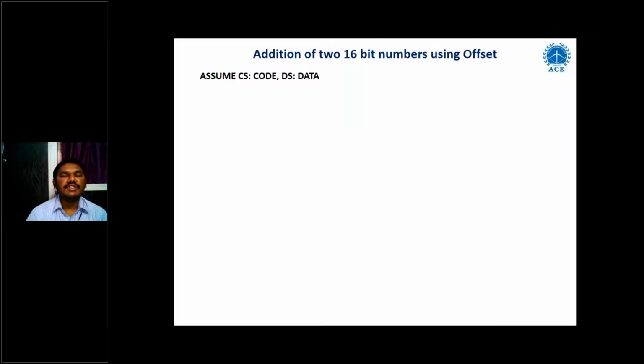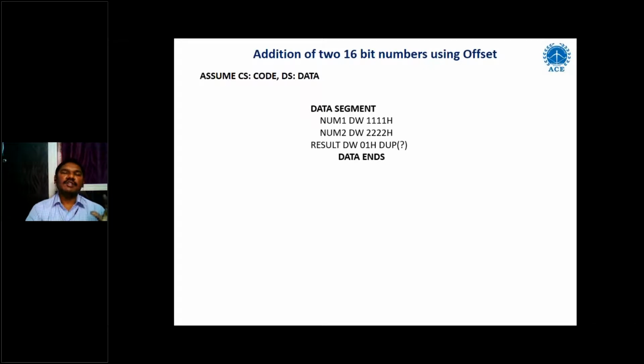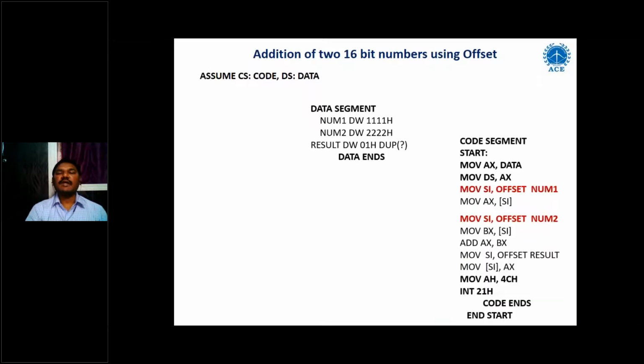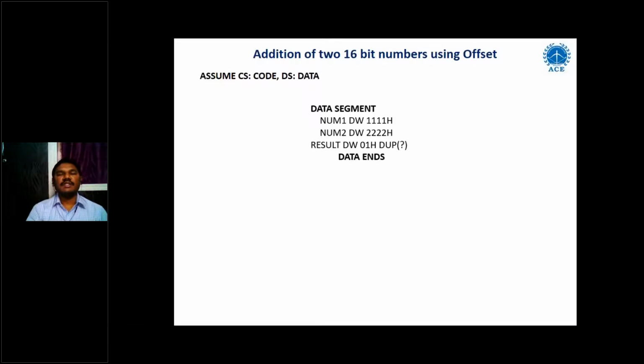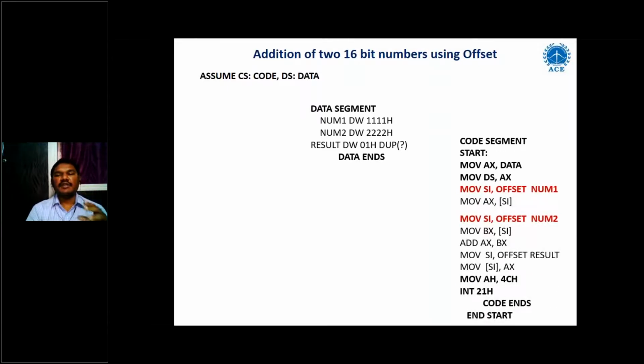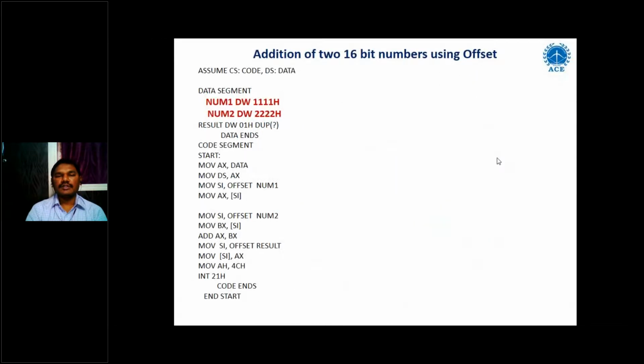This program has three statements. Every program will have at least one assume statement. This assume statement is the same as your include statement that we will see later. Next, every program will have at least one data segment. Sometimes this data segment may be null, because in the programming itself you can write the code segment directly, using the immediate operand addressing mode. So this program has an assume statement, data segment, and code segment. This is the structure of the program, and this is the proper way of writing the program here.